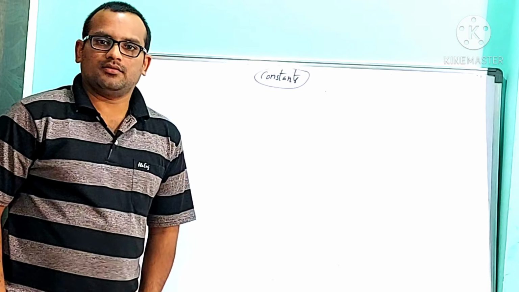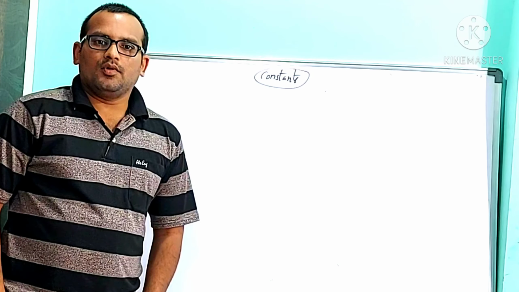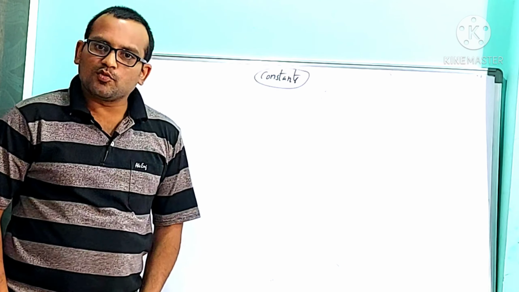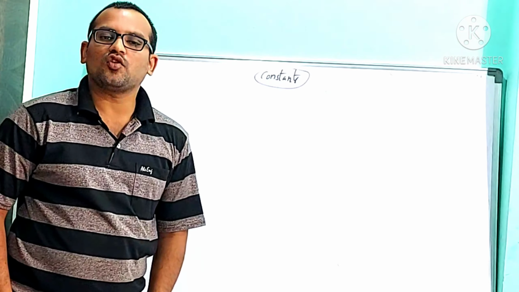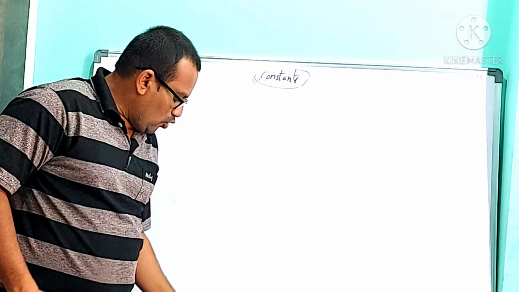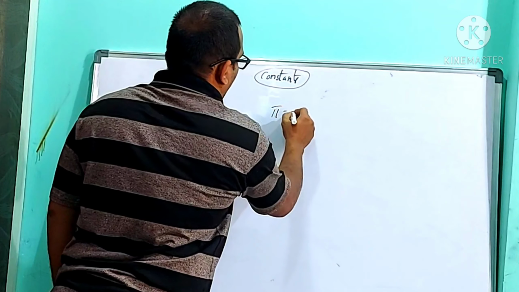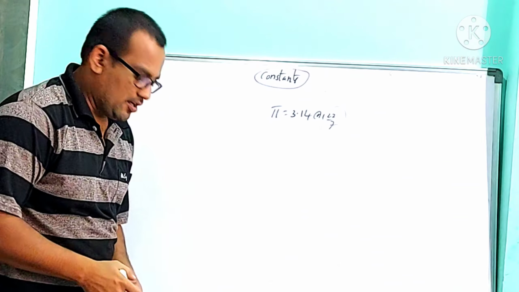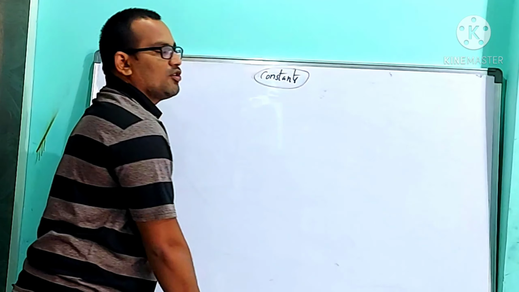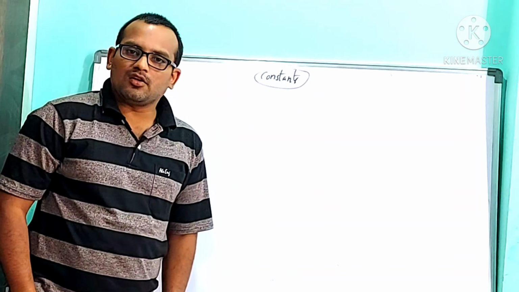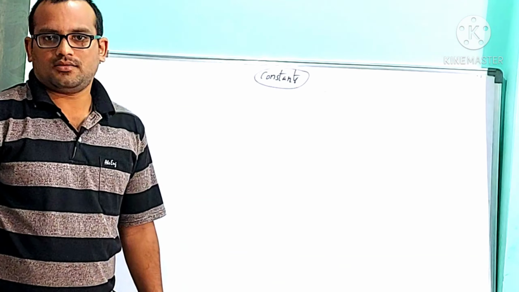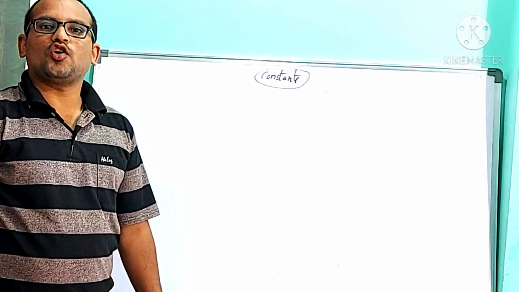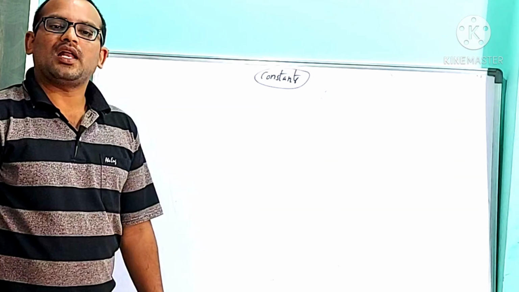What is meant by constant? We have the Gautam Buddha statue in Hussain Sagar. Is it moving? No, it is not moving. That is called constant. Yes, the value of pi is always 3.14 or 22/7. So this is called constant. Like that, constants are the fixed values whose value cannot be changed.